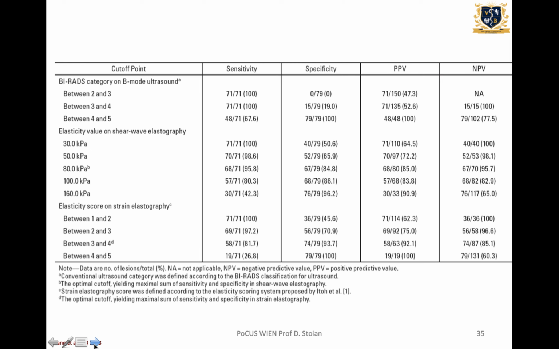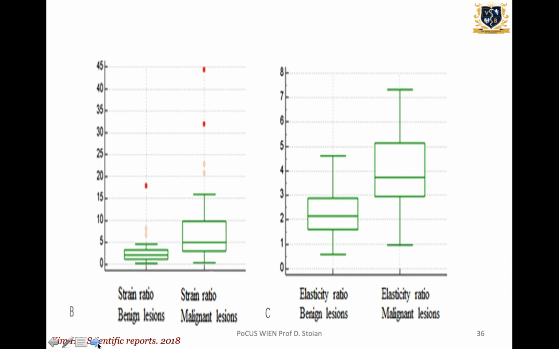And when we're comparing head-to-head shear wave versus strain, whenever you use the cutoffs 40, 50, 80, 100, meaning very low risk, intermediate, and high risk, and the same is valid for strain elasto between 1 or 2, 2 to 3, 3 to 4, 4 to 5, the sensitivity and the specificity are comparable. So bear in mind risk stratification and not a yes or no type of